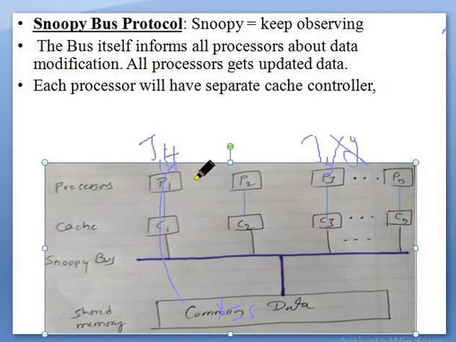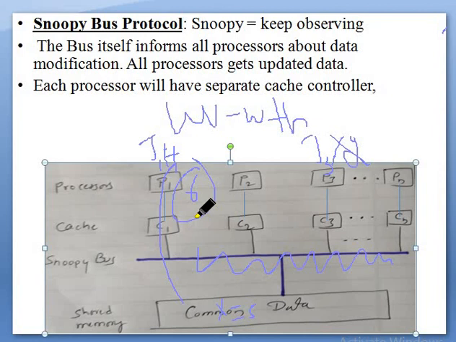X plus plus gives 6. It uses write update and write through. So who is executing this mode? It is the bus. Which bus? The Snoopy bus. It observed the change of the value of X from the earlier value 5 to 6.